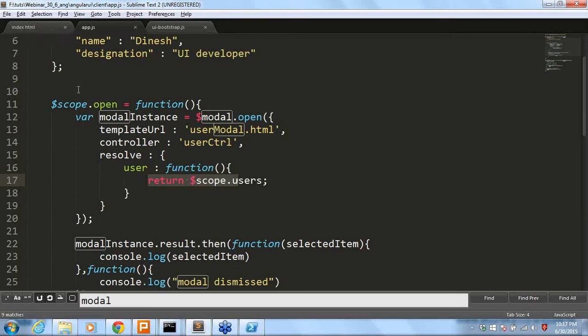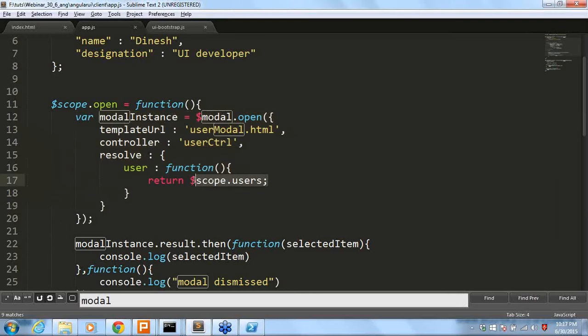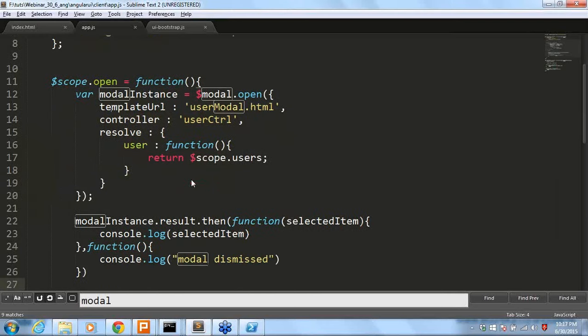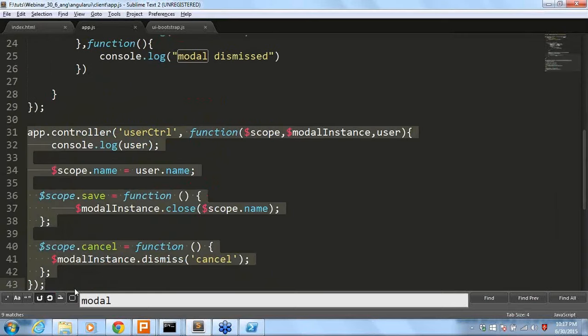So whenever they click on some particular button, I will create a separate instance. One instance for my user and another instance for my admin. For each and every instance, whatever data I want to pass, I will be passing the data from my parent controller. So this data will be accessible from your child controller. You should be able to write it in a particular way, access the controller and display the information accordingly in the template.